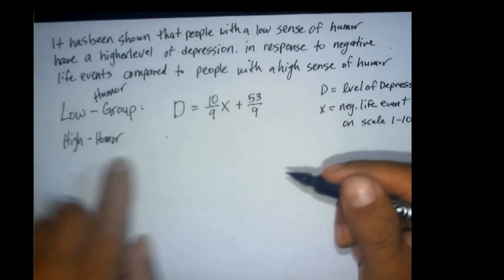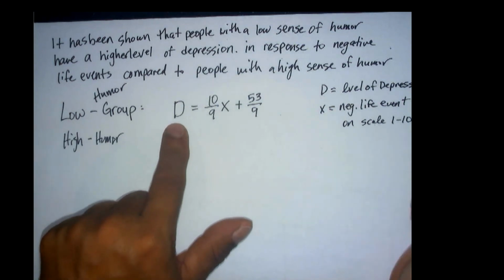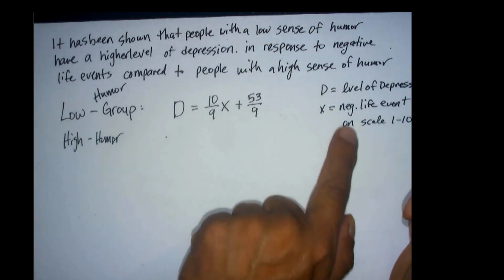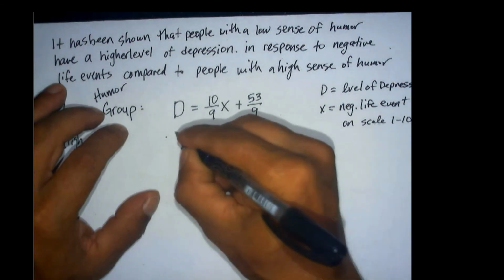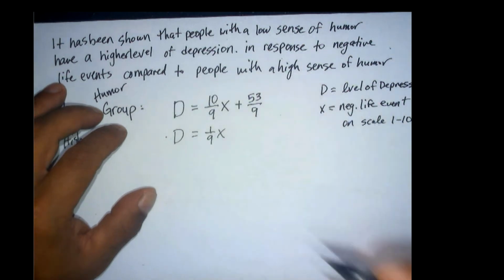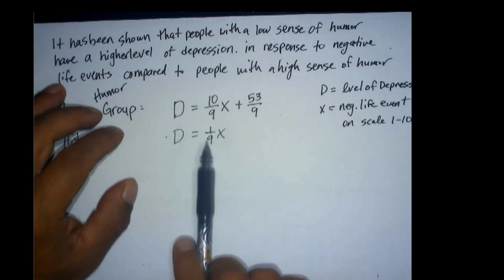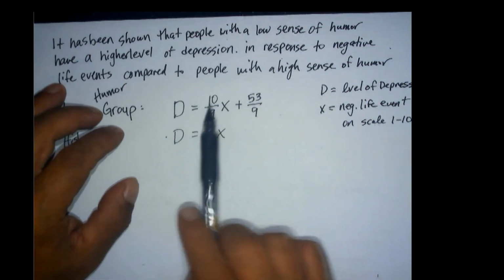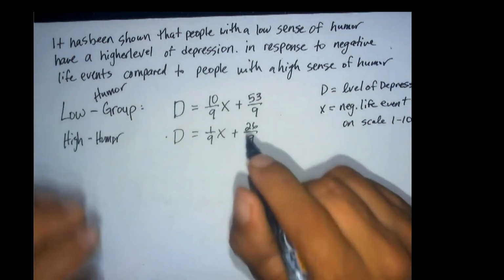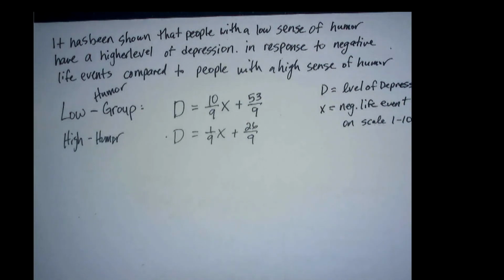The same thing. The level of depression is equal to the negative life event plus some fraction. So this one's a little easier. This one's only 1/9 x, which would make sense because the event would be less. This number is smaller than this number, plus 26 over 9. So the question is, if